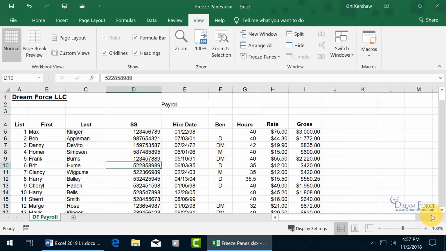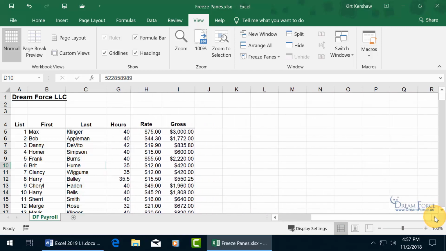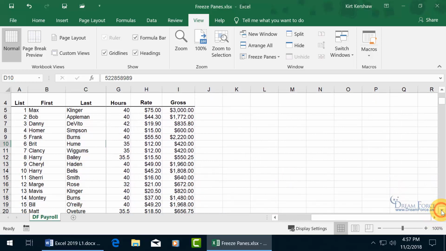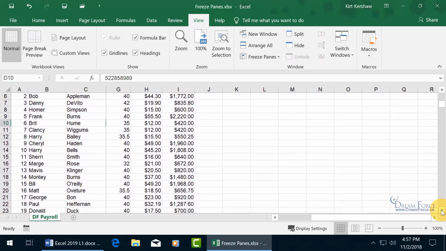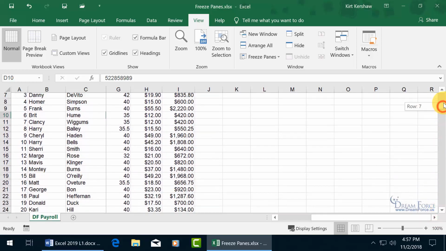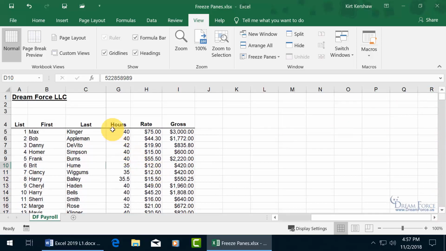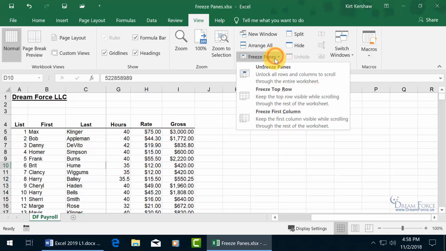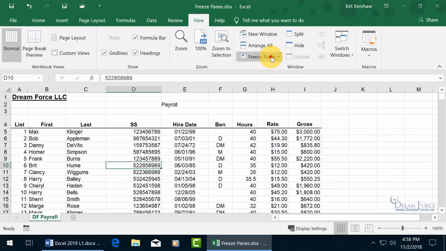So I can go ahead and scroll to the right, and oh, that's fun. But when I scroll down, the rows start disappearing because remember, it's just a vertical freeze, or the line here that says it's only going to freeze the columns and not the rows. Let's go back up here to Freeze Panes to unfreeze,